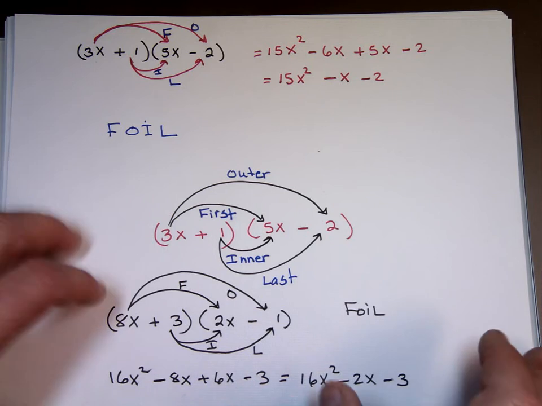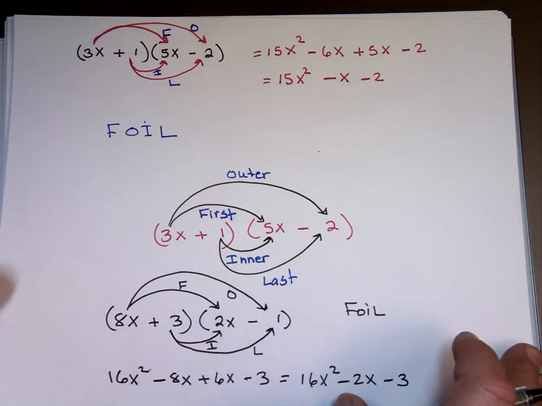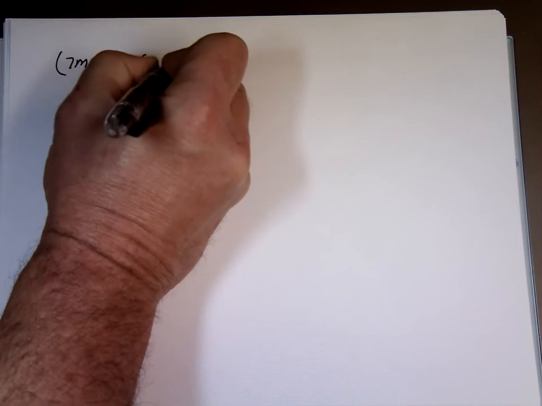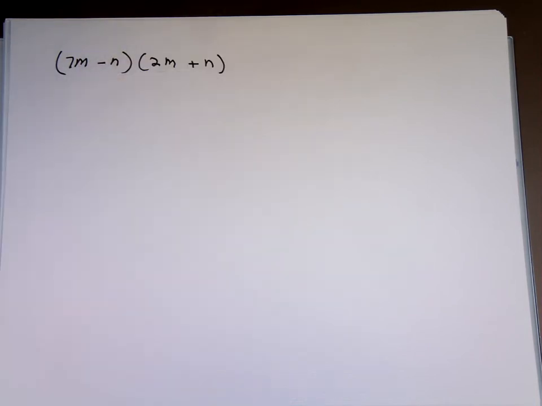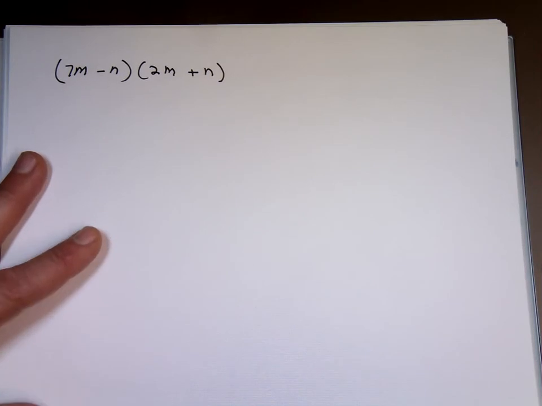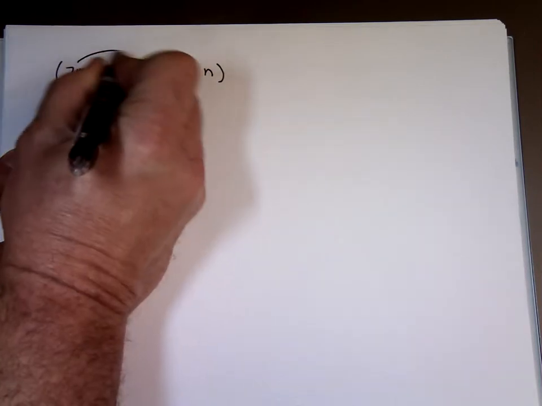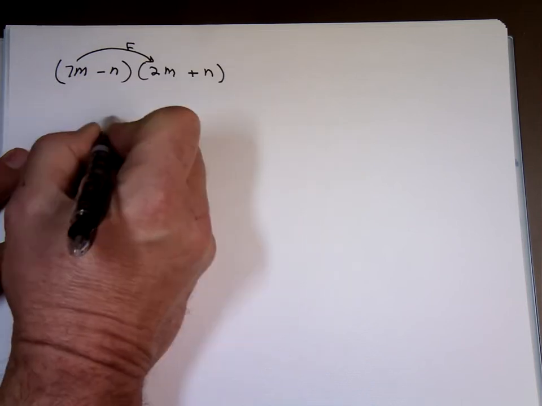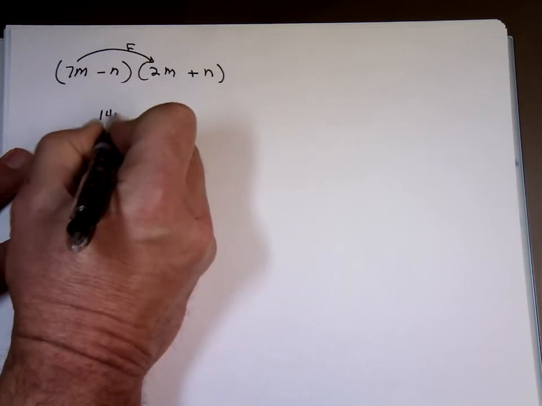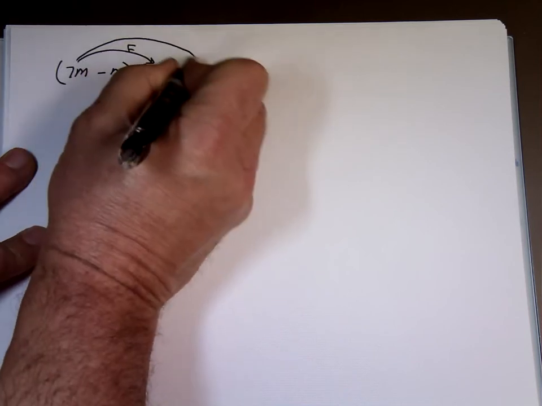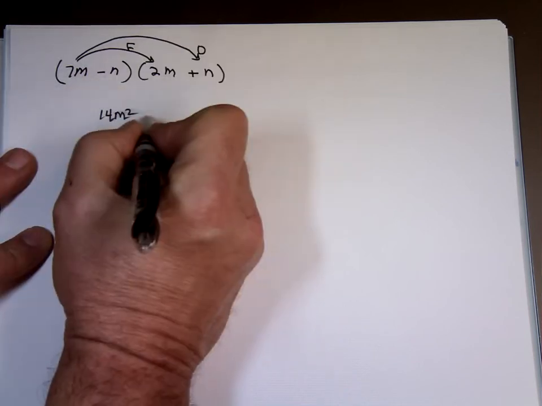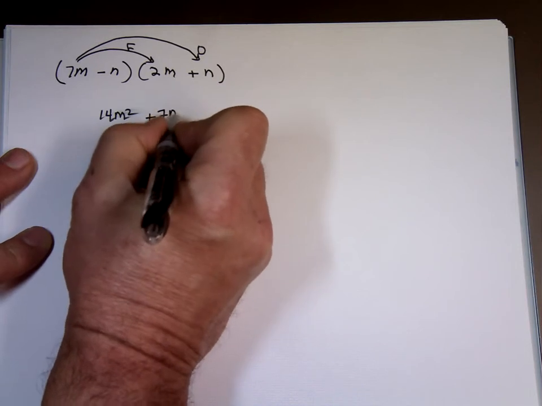A couple more examples. 7m minus n, 2m plus n. First, 7 times 2, 14m squared. O, that'll be 7 what? mn. I,